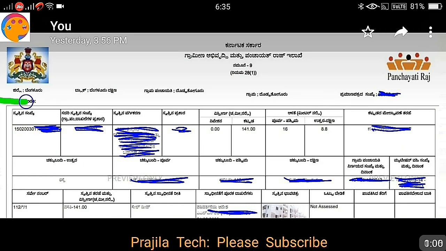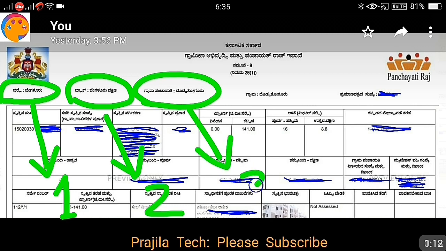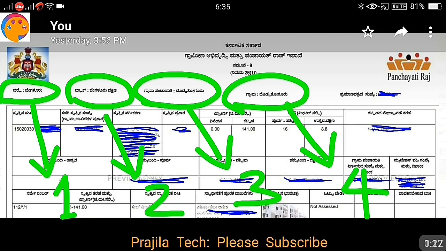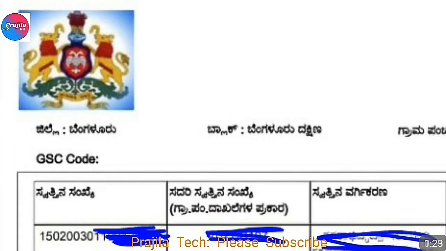Okay, so there are some points you have to note in the khata. Please remember, one, this one, and the second is this one. So in the khata, as you can see, first the four details of your khata, please note down these four details. It is mandatory. I will explain later. These things are needed for paying the tax online. So let us see what they are.